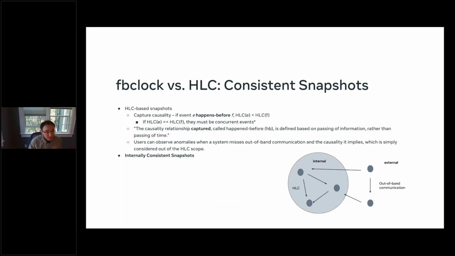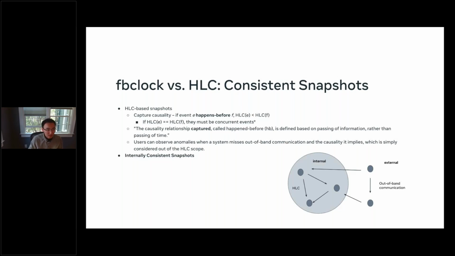HLC-based snapshots are essentially based on this notion of capturing all that happens before. If event 1 happens before event 2, then event 2's HLC must be greater. Hence, if I just take a distributed snapshot at a particular HLC, then it cannot violate this happened-before relationship, because the remaining events are by definition concurrent. So it must be a valid distributed snapshot. That is true, except that there's